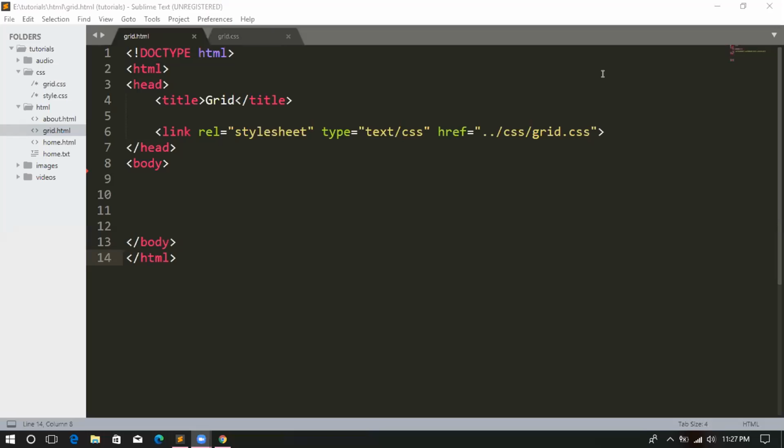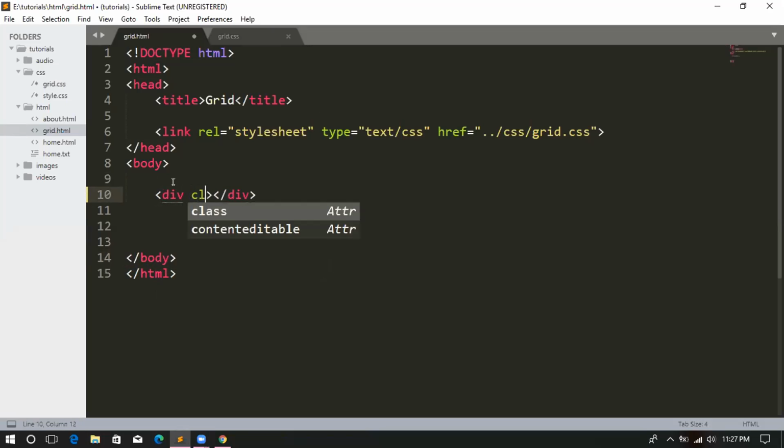So we want to create a grid which contains 3 columns. First we will create a container that will wrap all the columns. So first I'll create a division tag, div, with a class. I would like to name it maybe wrapper, which will wrap around the items or the content,